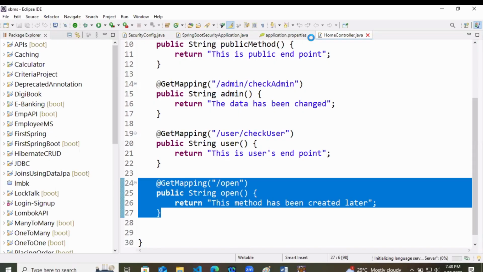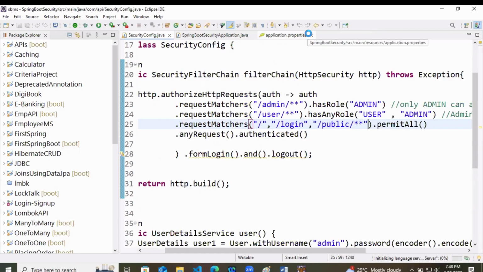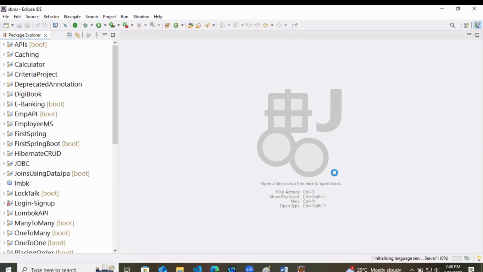So we'll quickly close all these files and let it load first.